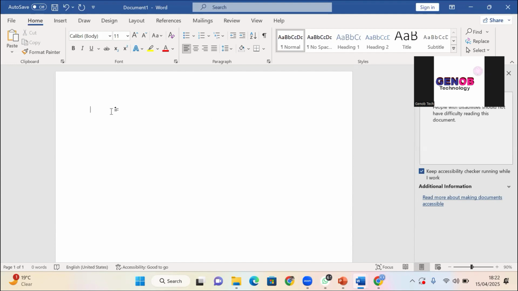So let us start by maybe giving the heading and say Genop store. Genop store can sell maybe laptops or anything. Genop store, we give the address: 30 Omongbo Street, Yaba, Lagos State, like this, right? So I can put the phone number, 080, like this. If this is somebody's phone number,